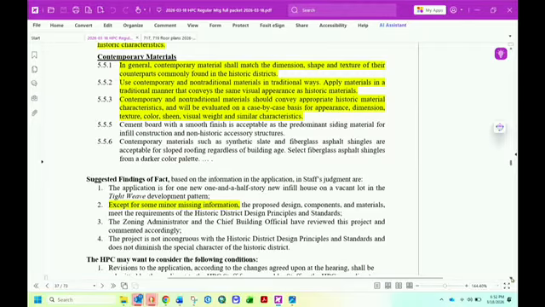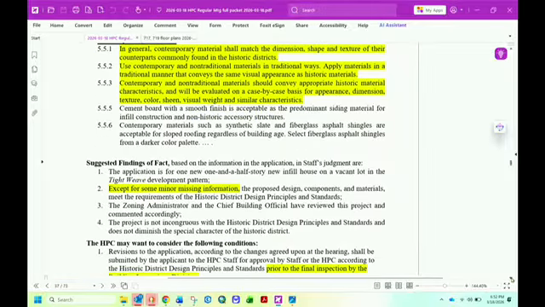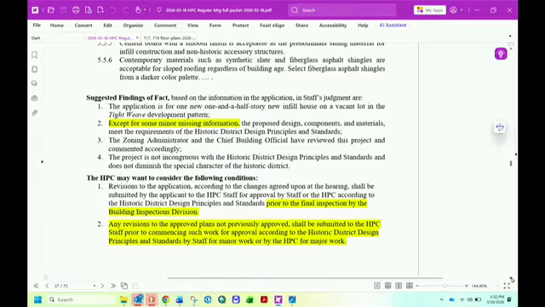And the findings of fact, based on the information contained in the application and our discussion today, is that the application is for a new 1.5-story infill house on a vacant lot in the tight weave development pattern. The proposed design, components, and materials meet the requirements of the Historic District Design Principles and Standards. The zoning administrator and the chief building official have reviewed this project and commented accordingly, and the project is not incongruous with the Historic District Design Principles and Standards and does not diminish the special character of the historic district, with two conditions: that the revisions that we talked about today need to be somehow noted and provided to the administrator for the project.